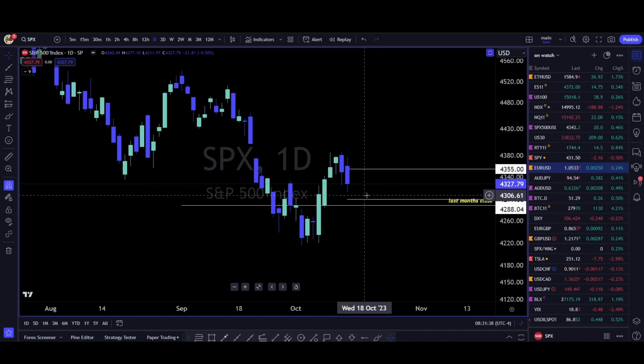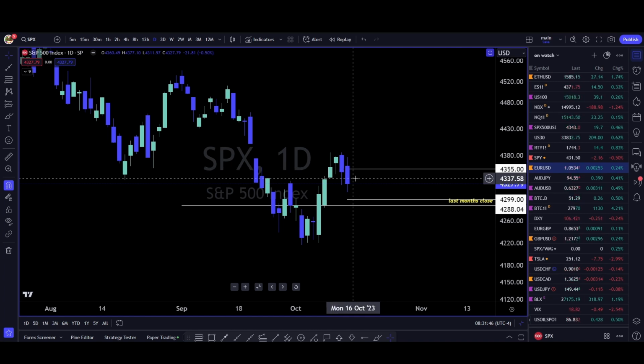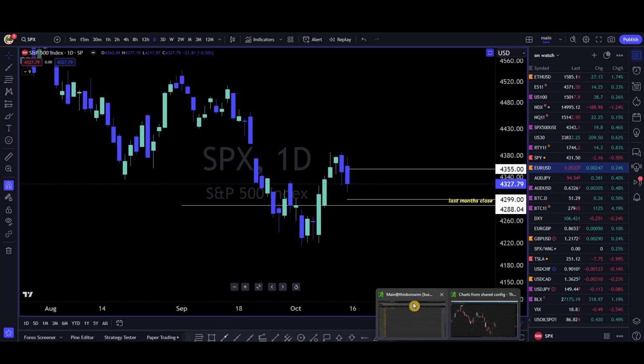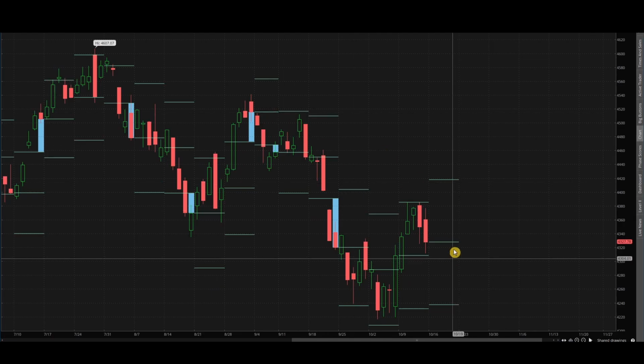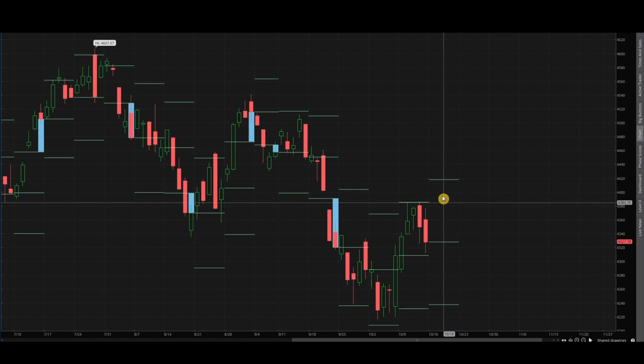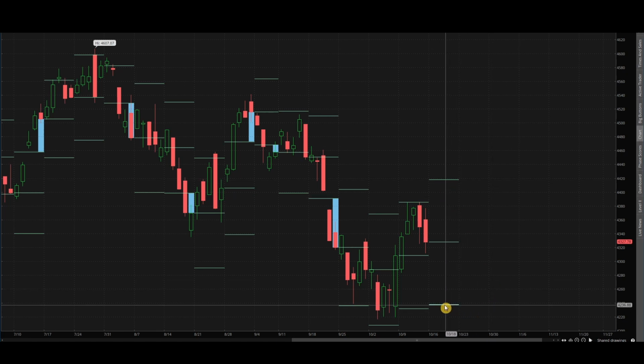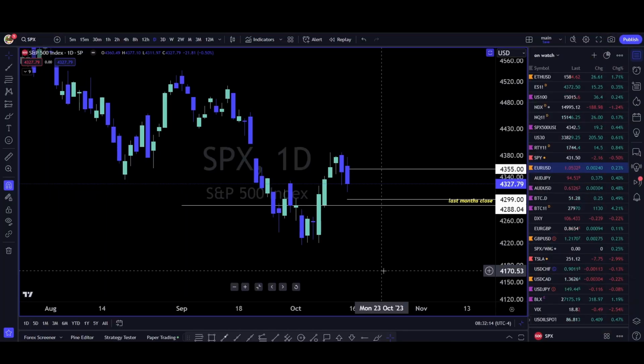Now remember, these are not support and resistance levels. These are levels that the options market figures that's going to happen, right? These levels can get busted right through. As far as weekly expected move, I can show you that real quick right here. This is going to be the weekly expected move for the S&P 500. Looks roughly like around 44.18 for the weekly high and roughly around 42.36 for the weekly low. There you go for that.